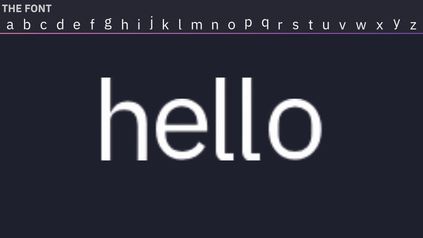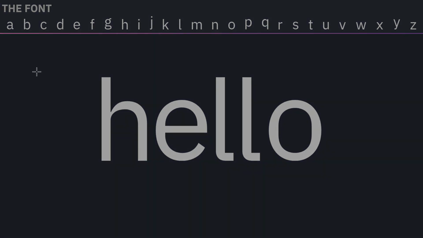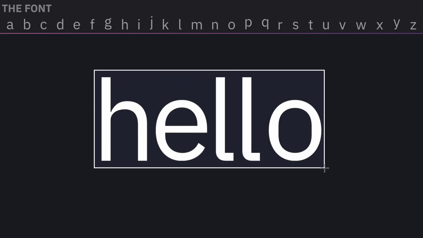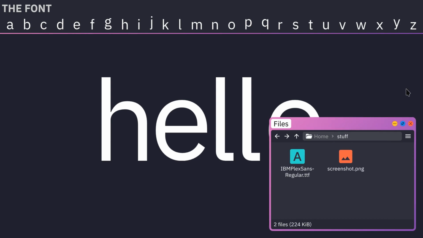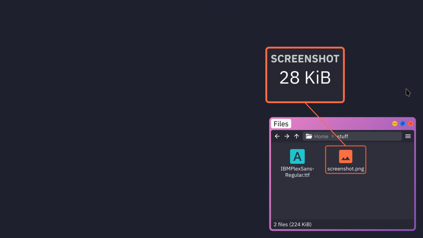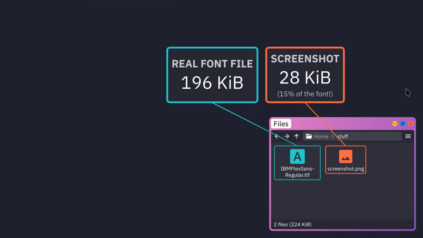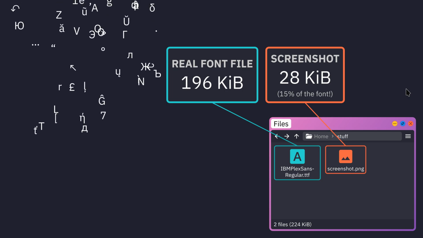You could work around this by just storing the images at higher resolution, just shoving more pixels in there, but then the size of your character data quickly gets out of hand. An image of just these 5 letters is already a considerable portion of the size of the real font I'm using for this example, and that one contains over 1,000 glyphs.